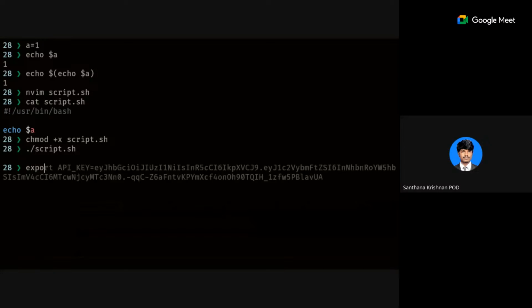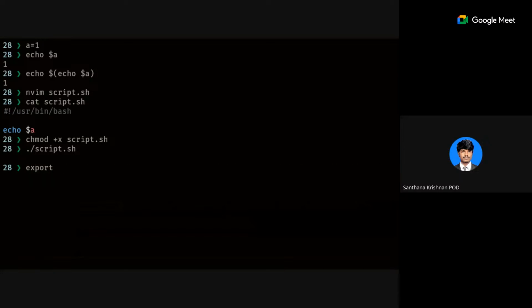One easy way is export, something like this. A equal to, I'll put some other value. Now if I execute this one, I'll get it. Let's say you don't want to export it, only for the particular command you want that. Then what you can do is a equal to 3 and you can use this command.